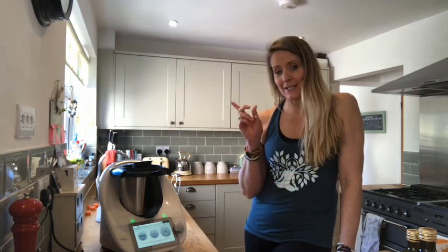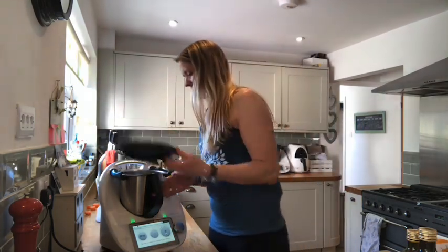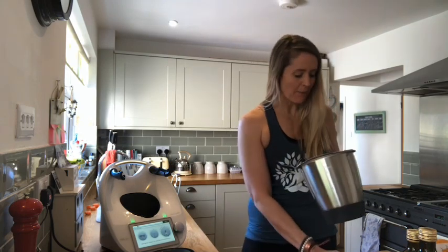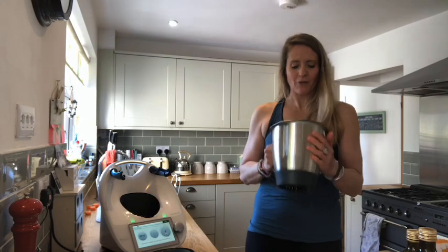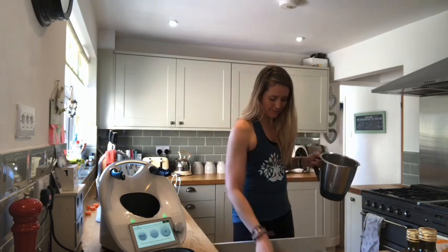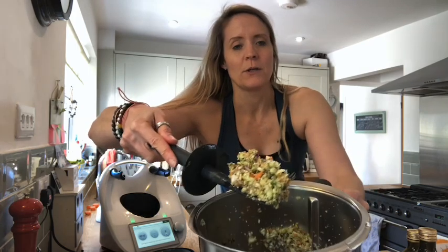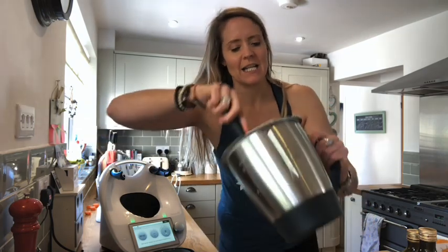See, I could hear, because I'm used to using my Thermomix, that actually that was going to be completely blitzed in about 1 second. So, okay, what's happened here is that a couple of my carrots have been left behind, but the rest of it has been beautifully chopped, ready for your coleslaw. So actually, that was 2 seconds of chopping. And if you can see this, that is beautiful. So amazingly chopped, uniformly chopped,